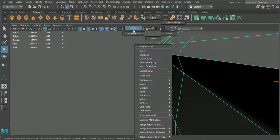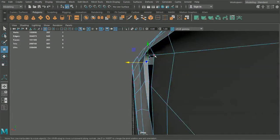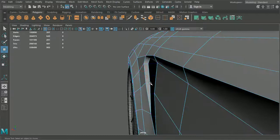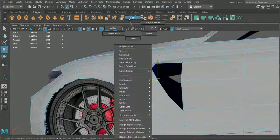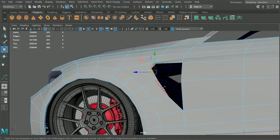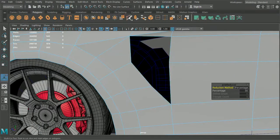We're also going to want to make sure that we're maintaining some level of curve in here. Like so. And what we'll need to do is grab all of these edges here, but we need to make sure we're matching. So what we'll do is we've got 1, 2, 3, 4, but only 2 here. So